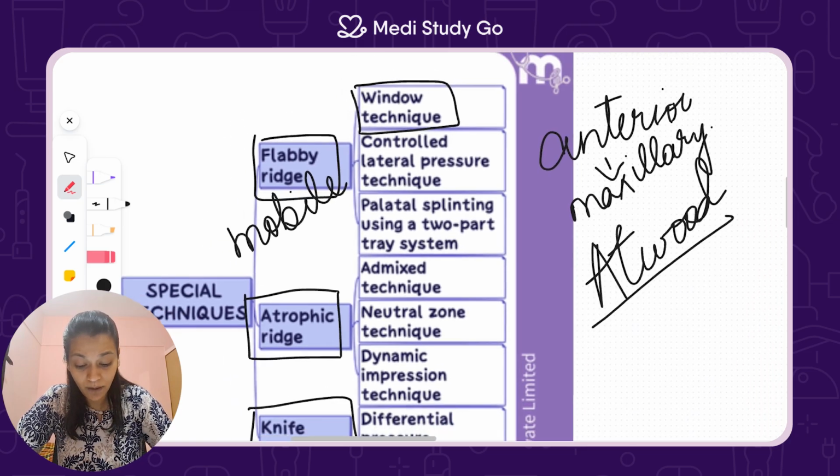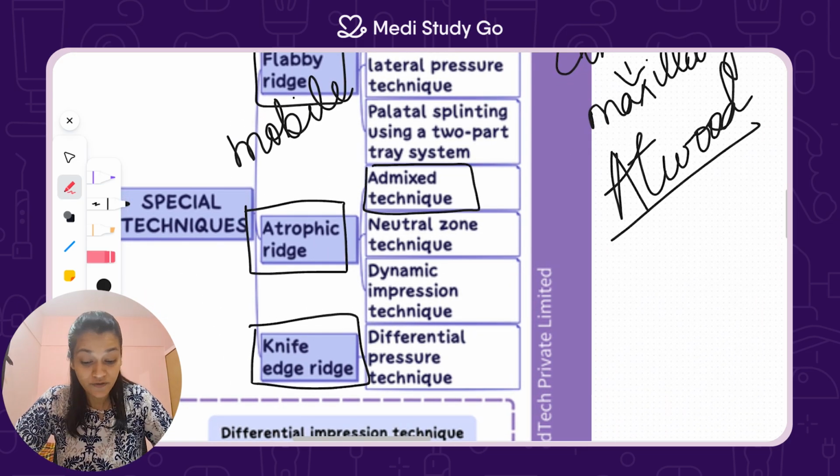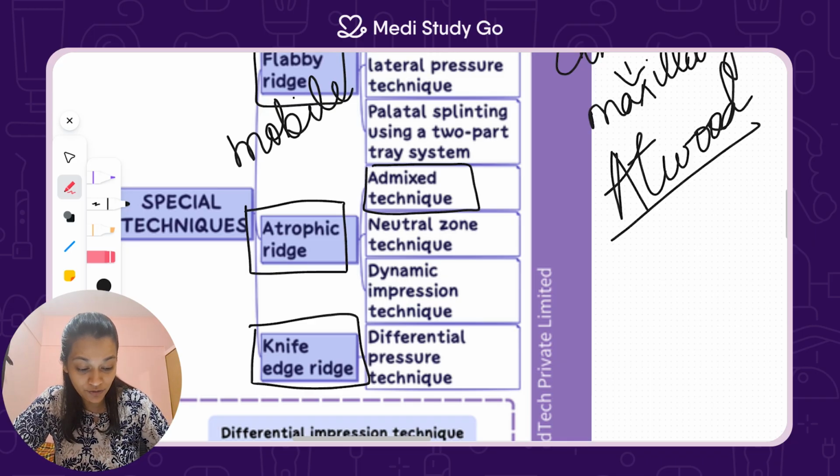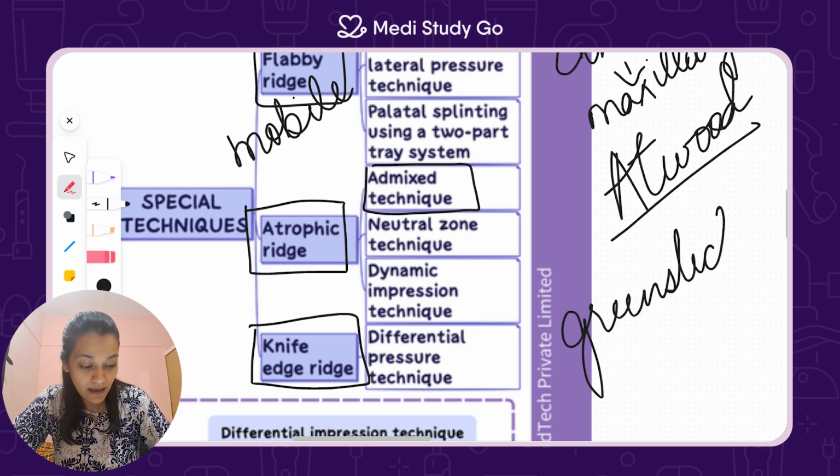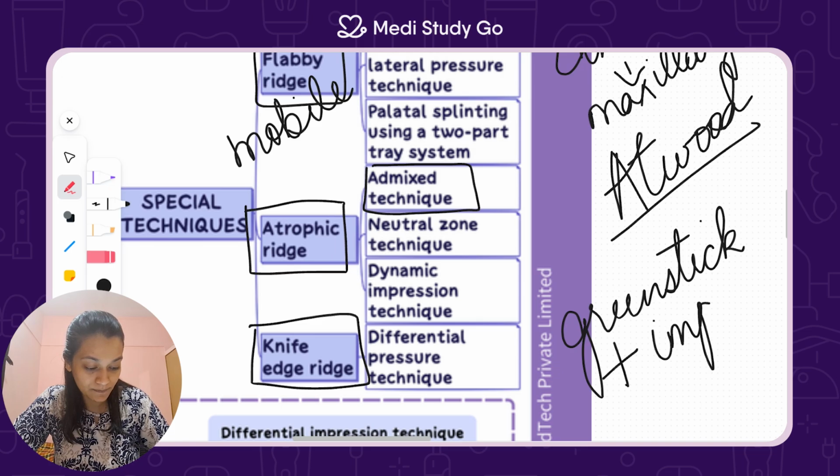Now we talk about the atrophic ridge. So atrophic ridge will be recorded using the admix technique. So admix means that you use your green stick and your impression compound